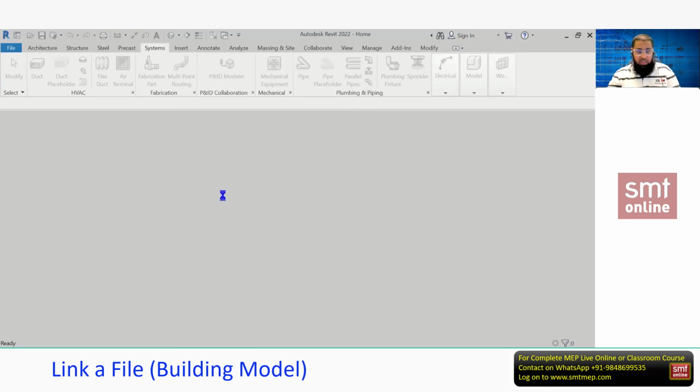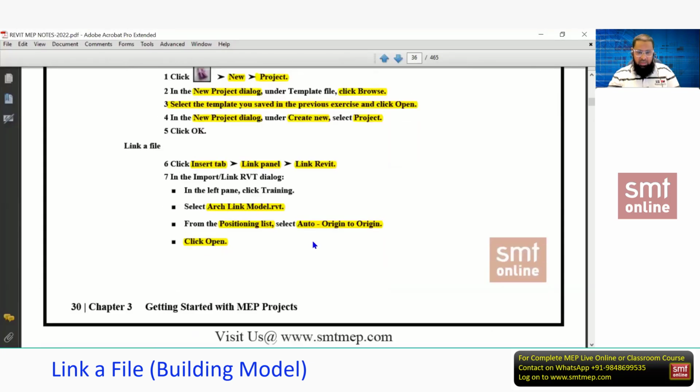You know this. Now after starting the project, the first step is linking. You see, link a file. I'm going to link the 3D intelligent building, and for your project here you'll find this ArcLink model, and you can find this ArcLink model in the project file folder. So you can open this mechanical folder. I believe you already received the project file folders: mechanical, electrical, plumbing and all. If you open any folder, you'll find this ArcLink model. This is the 3D intelligent building from the architect, so that is what we are going to link.